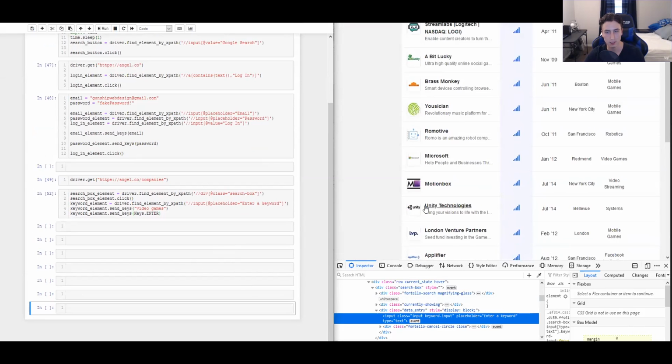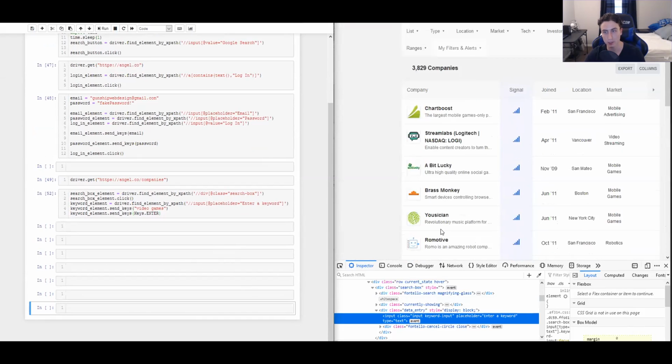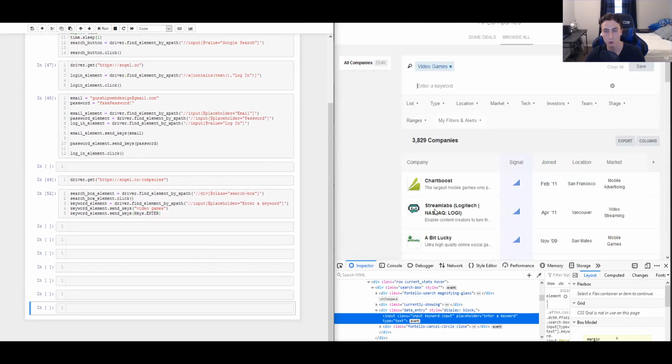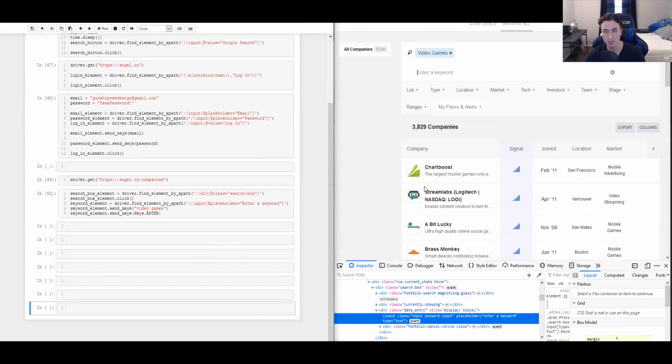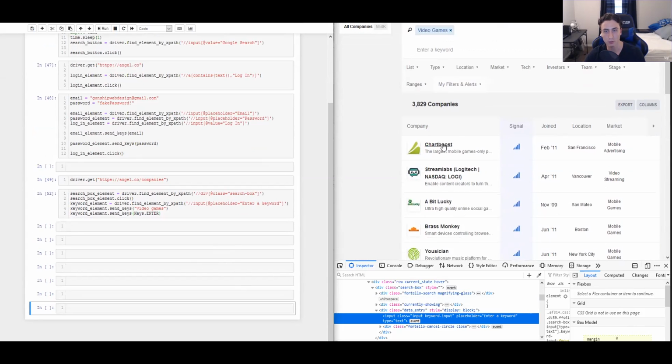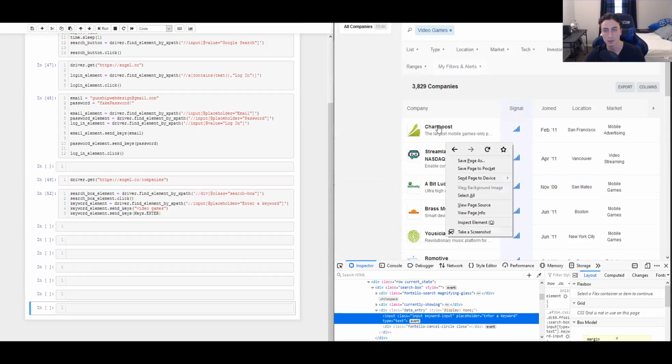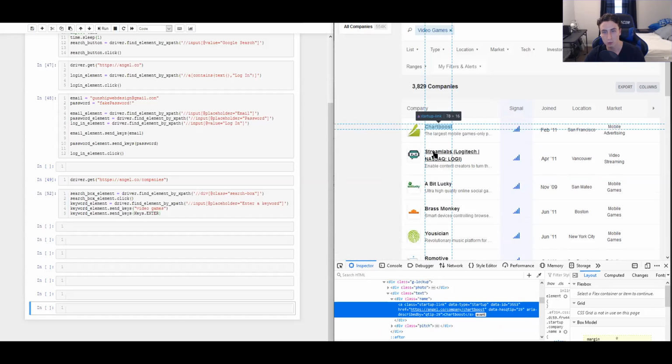And the next thing, now I have a list of all those companies. So I'm going to need to click on each one. Each one has a different URL. So the first thing is going to be to just go down through and find all of these company names and basically get the links off of them. So if we inspect one of them,